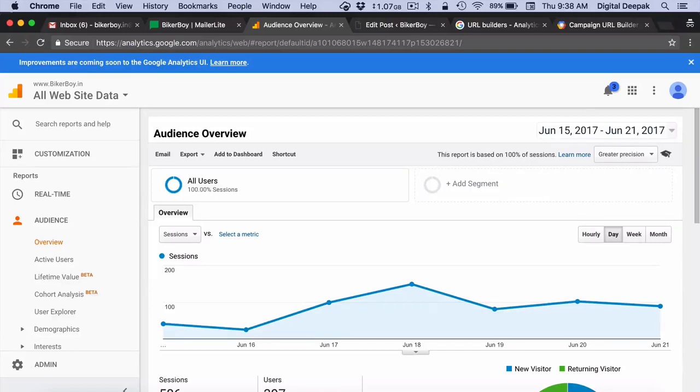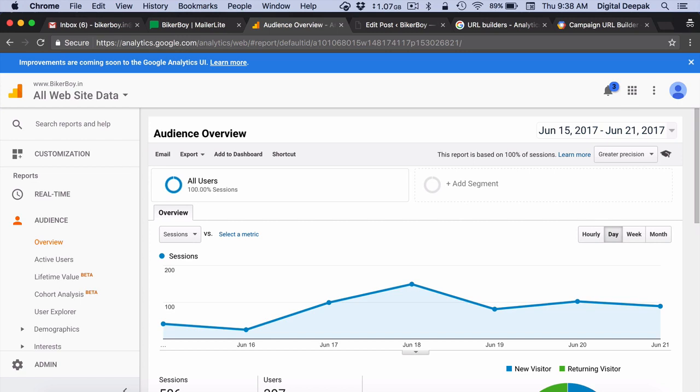In this lesson, we are going to have an overview of Google Analytics. I will take you on a tour inside my Google Analytics account. We will learn the different areas in Google Analytics, the different features that are available. We will not go too deep, we will just look at the basics. Then I will also show you how campaigns work and how you can build campaign URLs and track them inside